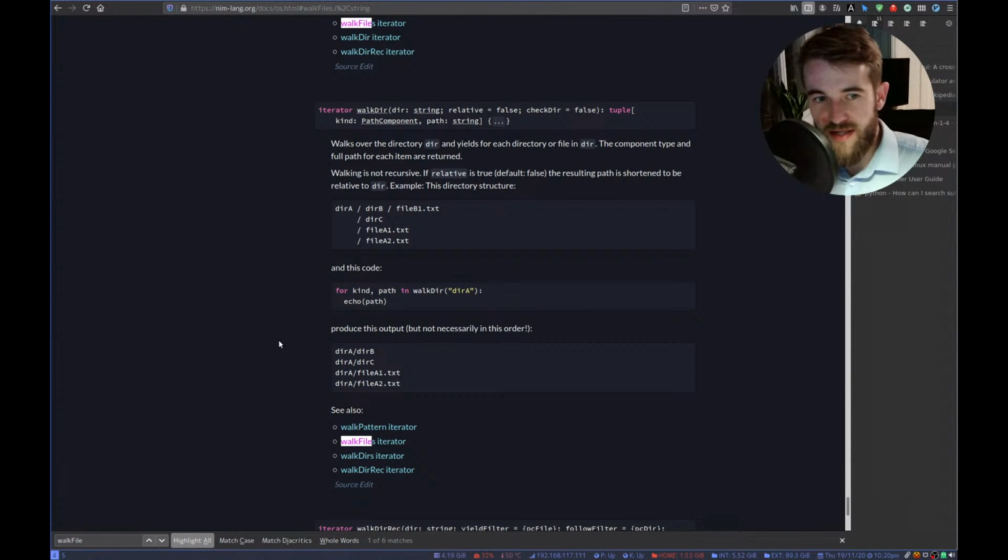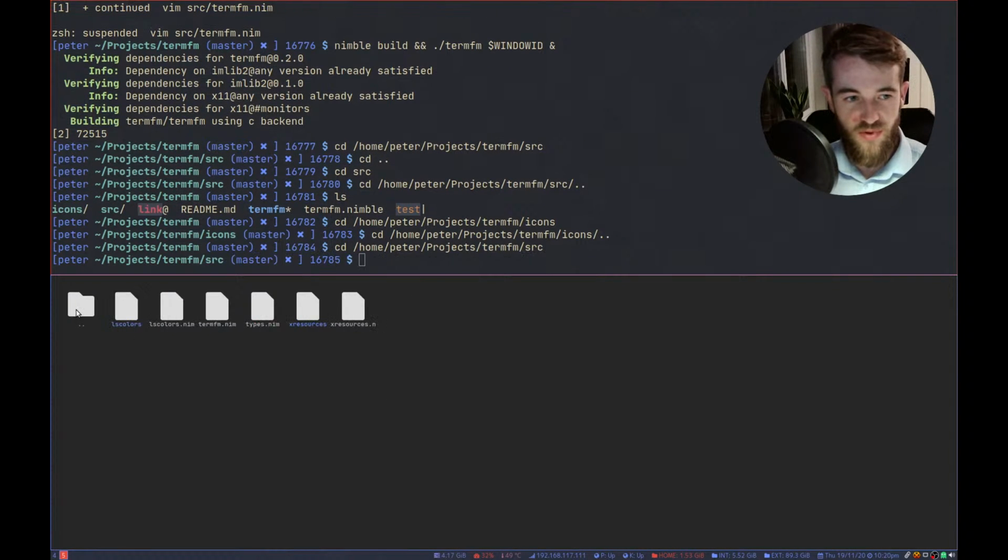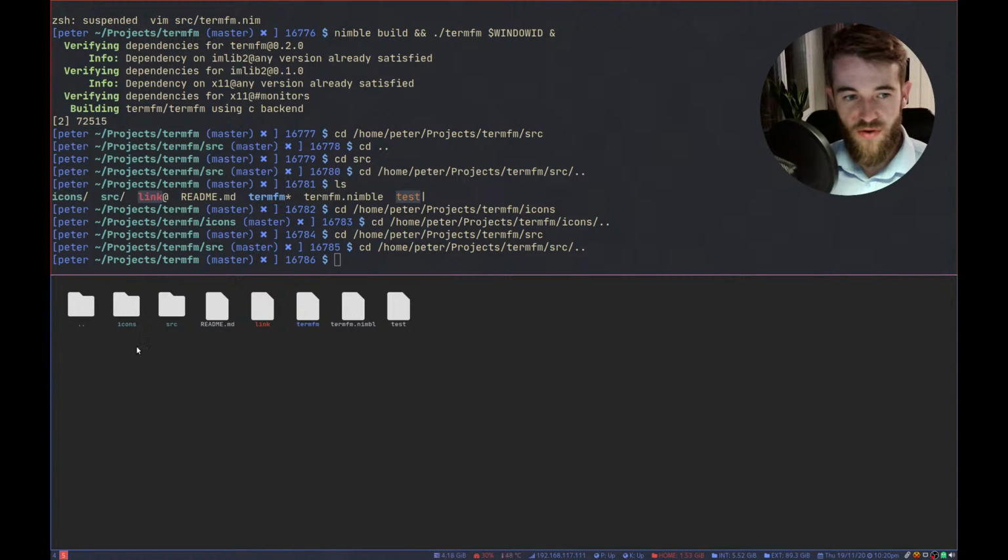Basically what this means is that directories and files are not necessarily listed in the same order. The order, when not based on anything else, is typically based on the node number, which is a sequential ID, or semi-sequential, I guess it reuses them at some point. So this is basically pretty much, well, it's not the order I created them. Maybe it's in the order I updated them. Because I created this almost first, but this is last. But I did probably update the readme after I updated the Nimble file. So maybe it's last update first. Anyways,